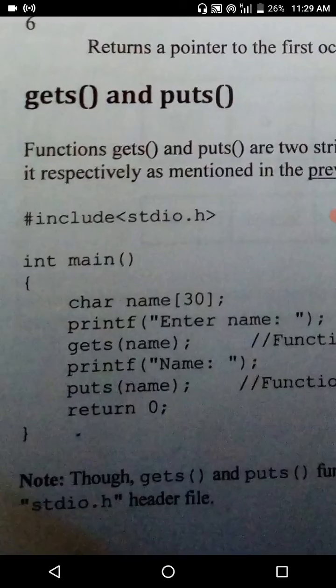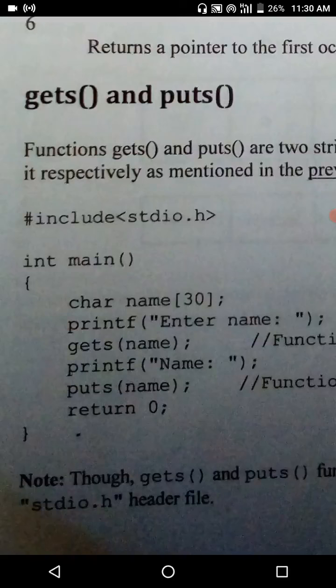One more thing you have to remember. We read a collection of characters using gets and display it using puts. If you want to read a single character, you use getchar. getchar is a function to read the data, and putchar is a function to display the data.